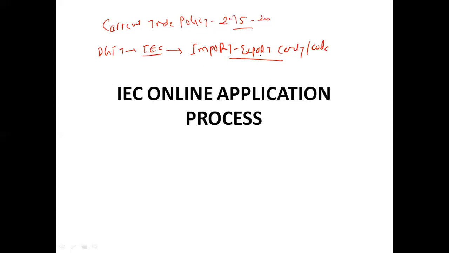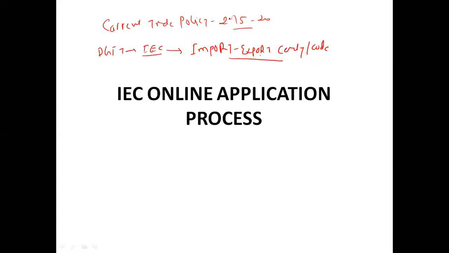Those are the ones who have already registered as domestic players, and the second option is those who have not registered but have just started thinking of entering the international trade business. For them it is mandatory. Now we actually start the procedure of how to get this IEC number.